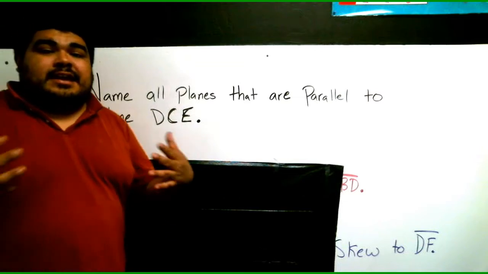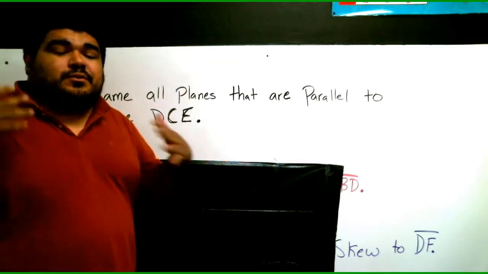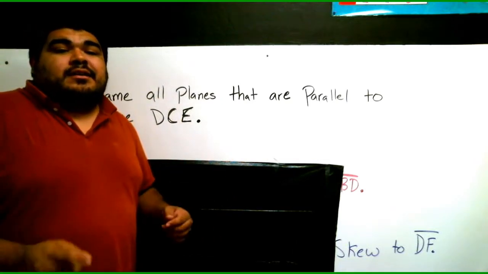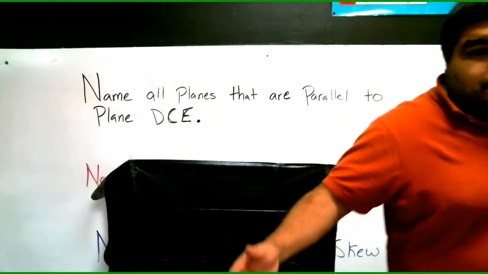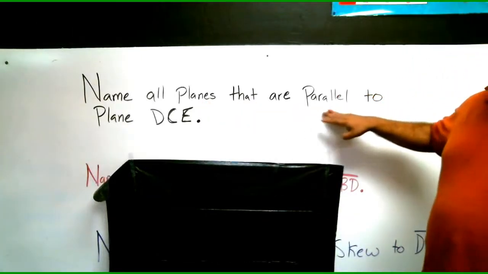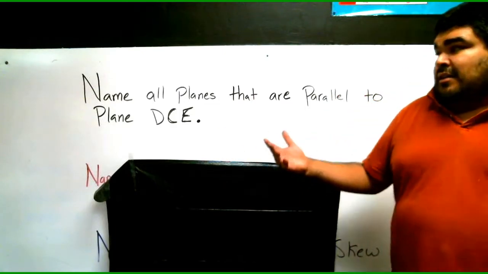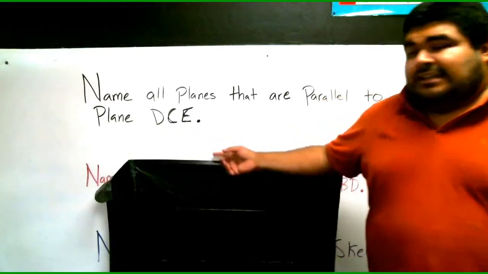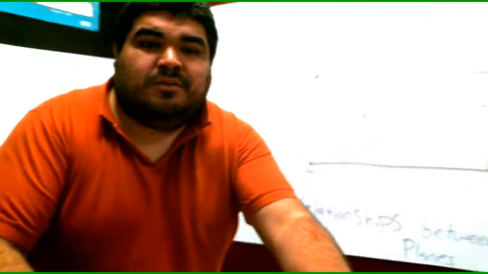Again, if you need more time to write this down, pause the video, whenever you feel like you're falling behind. Alright. So we're looking for planes that are parallel. Our keyword: planes, we know what they are. That are parallel to DCE, meaning if we go back to our 3D figure here,